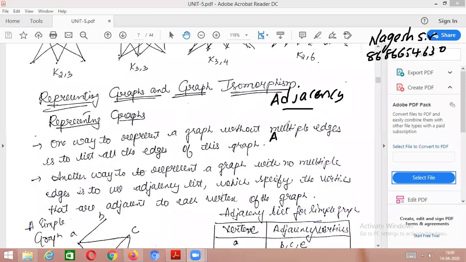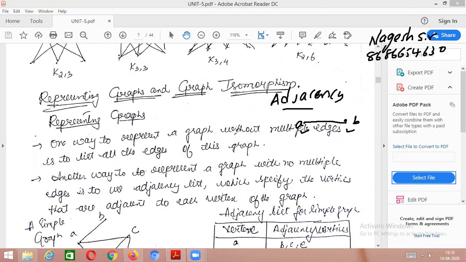Hi to everyone. Now we are going to discuss the adjacency of the vertices. What does adjacency of the vertices mean? For example, there are two vertices, A and B, joined with one edge. When two vertices are joined by one single edge, those vertices are called adjacent vertices. So A, B are joined by a single edge, therefore A, B are adjacent vertices.